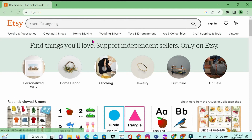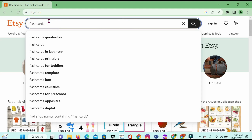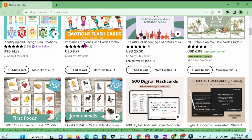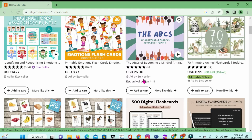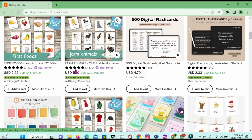All right, so I suggest you also do what I'm about to do as well, guys, as a form of research, if you do intend on selling flashcards online, perhaps on Etsy here as well. So I'm heading here to the search bar, and I'm just going to enter in the word flashcards. And I'm doing this so that we can take a look at the different flashcards that are available for sale presently on Etsy. So guys, you're seeing number flashcards, Christmas flashcards, weather flashcards, printable Pokemon, going on down. We have emotions flashcards, the ABCs, printable animal flashcards, first foods flashcards, farm animals, and if you scroll through here,